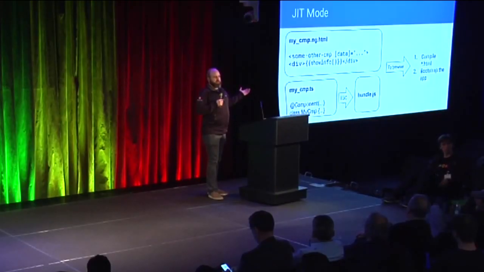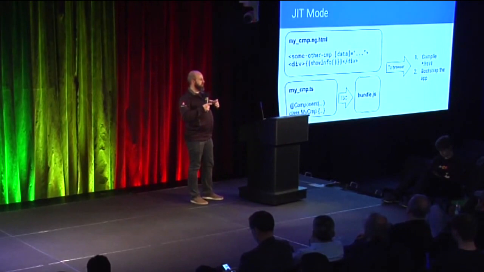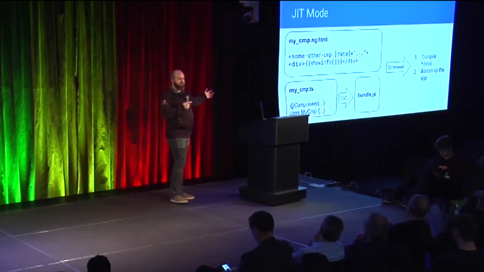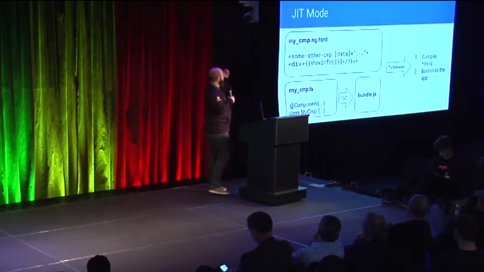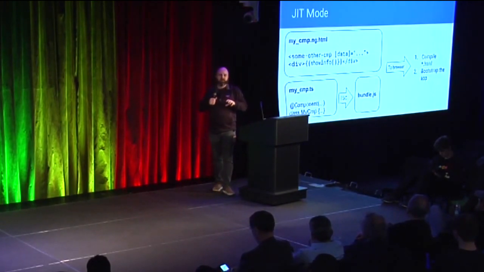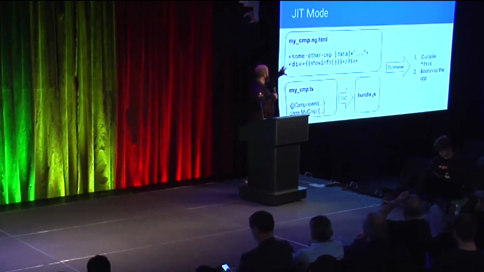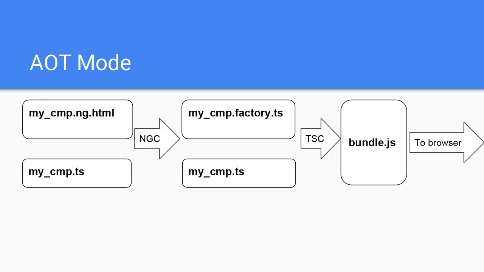What is the obvious optimization here? This compilation step, all the information that went into it, why is it happening in your user's browser? You could have done it as you were building the application. We have the template, we can pull out the important data, we can put it into a format that Angular actually uses. The runtime doesn't need the HTML as it's written. It can consume it in a different form, and it turns out that form is a TypeScript file.